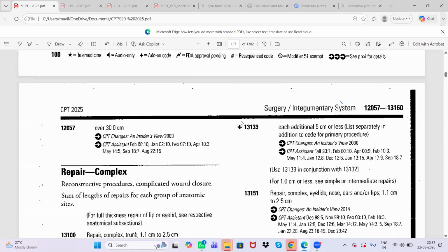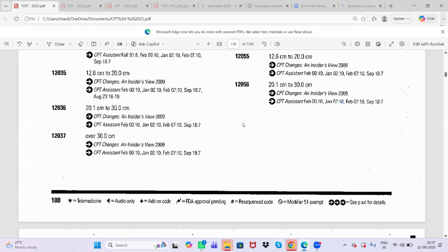Ma'am, in the exam, how should we recognize what is the correct answer? You are saying they won't give simple or intermediate repair directly. That's why I have taught you the terms you need to remember, like extensive undermining or extensive cleaning. These will be mentioned by the doctor. If these terms come, we should recognize by that. Right. Okay, thanks, ma'am.